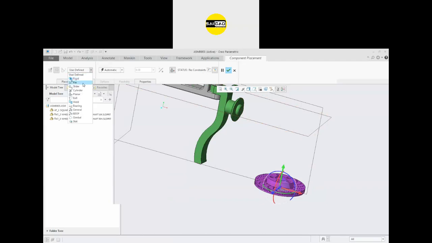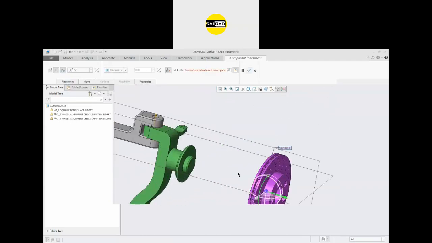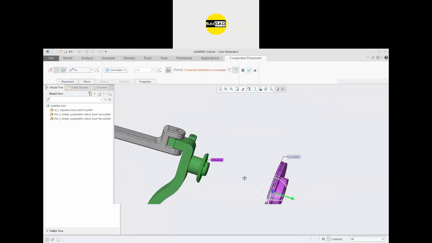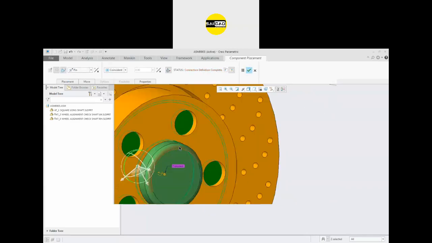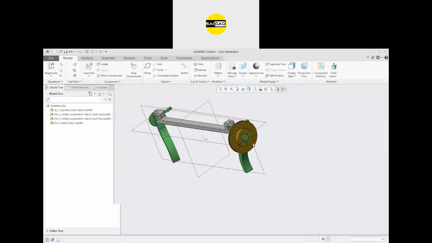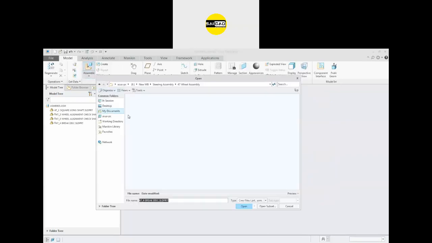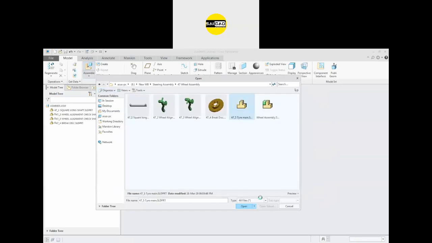So it should be a pin joint around this axis, around that, and this object should be coincident on this one. Okay, like that you can just repeat this. I'm going to repeat it after I have imported all the parts for this one.